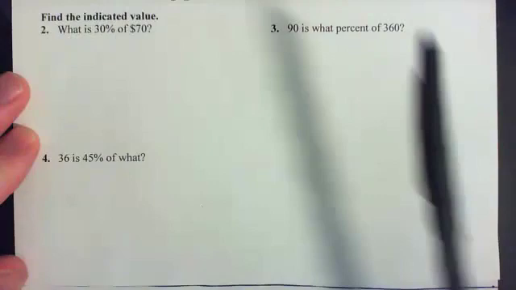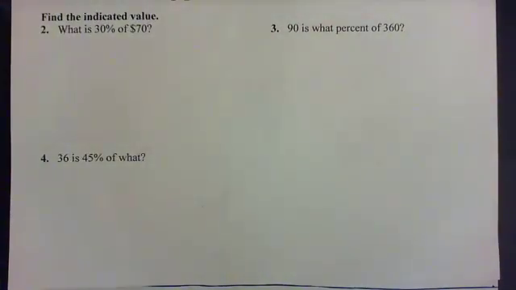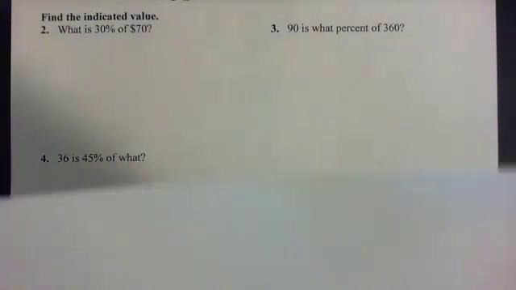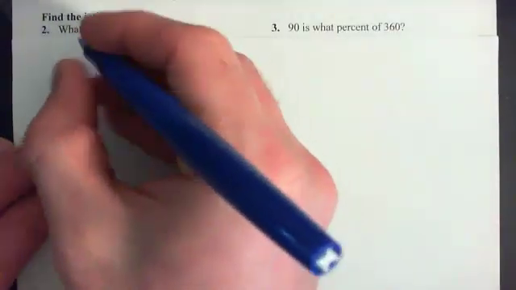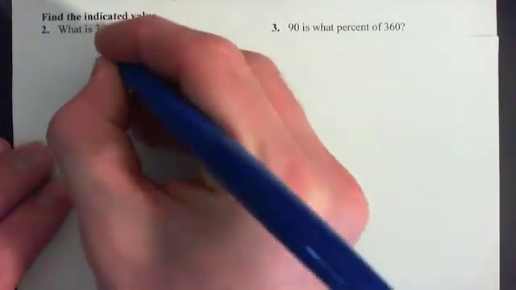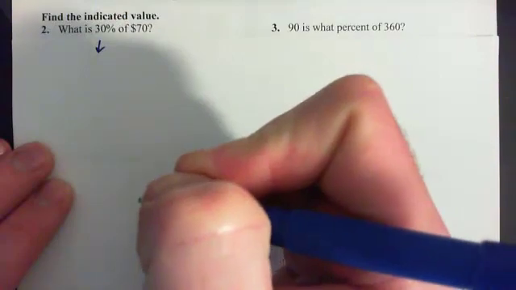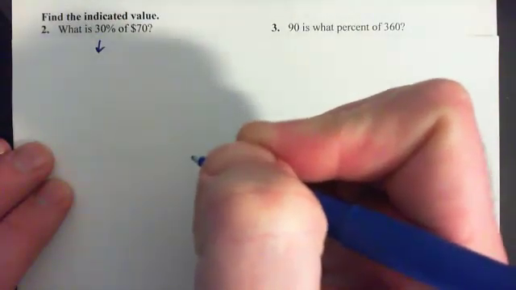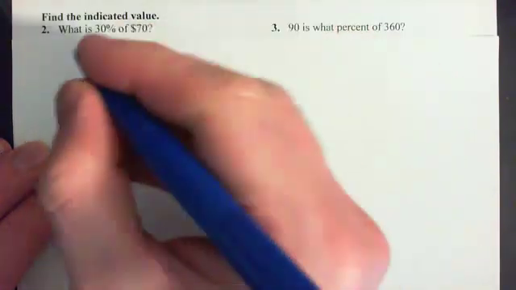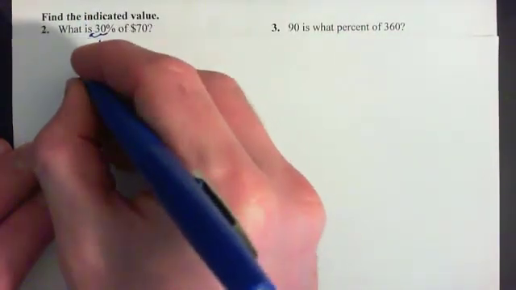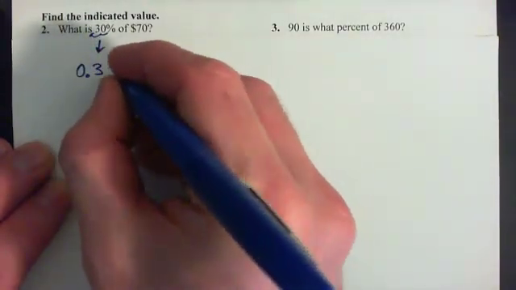Well, there's a couple of ways of doing this. I'll do it one way, which is to say directly, what is 30% of $70? Well, we'll convert the 30% to a decimal. Can you do that? 30% to a decimal would be move the decimal point 2 spaces to the left, and we have 0.30 or